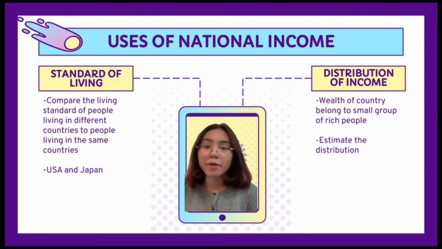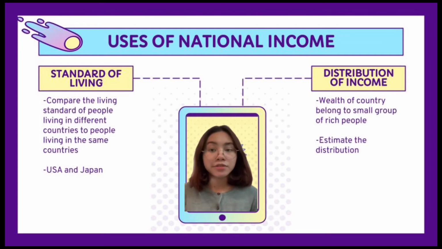Standard of living comparison. With the help of national income data, the government will be able to compare the standard of living of people in different countries with the people living in the same countries at different times. For example, we can see that in the United States of America and also in Japan, they have a higher national income. Therefore, the people have a higher